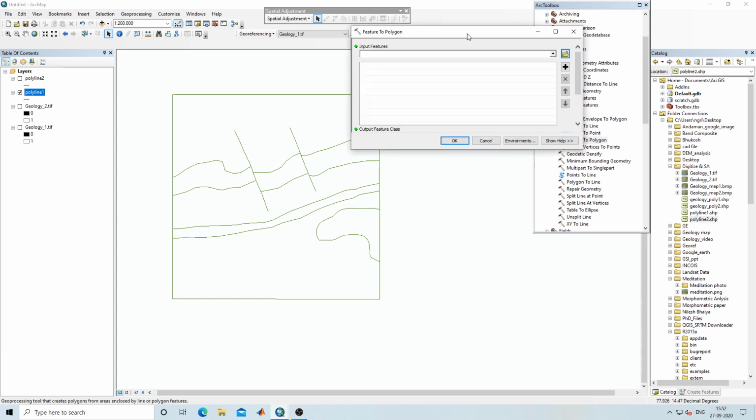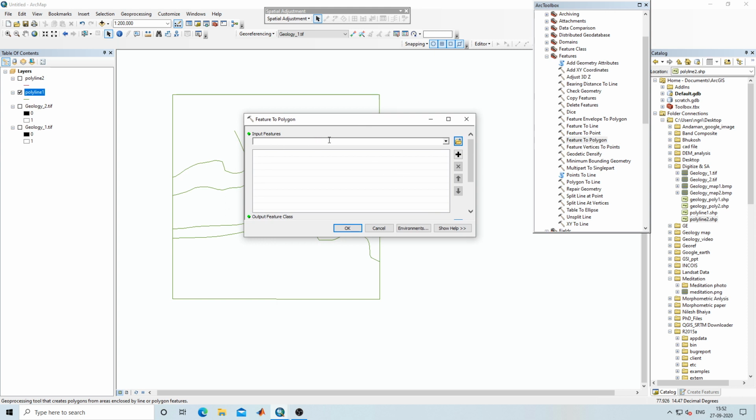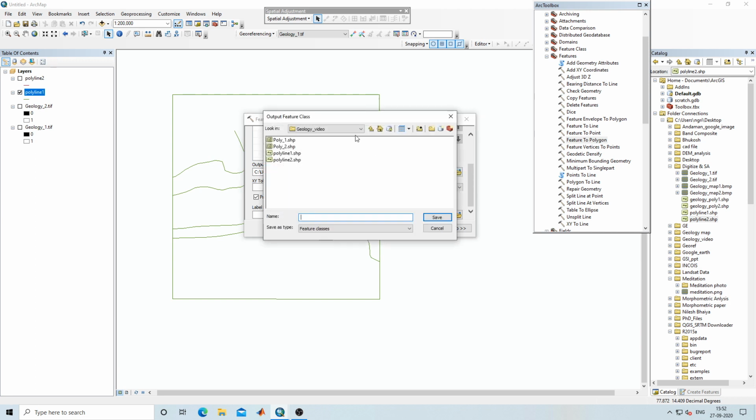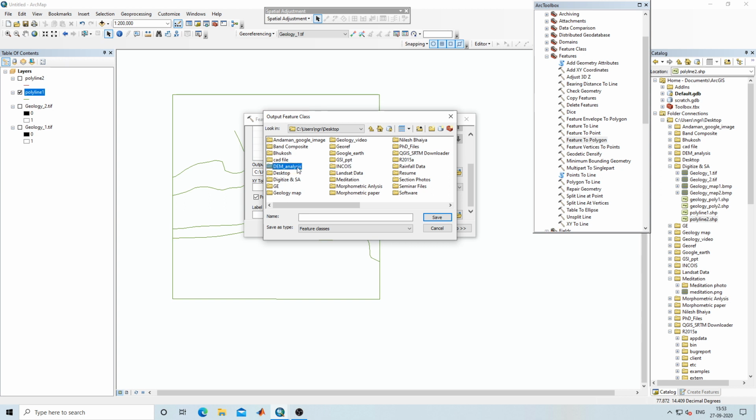When I double click here, now you can see input feature. So for input feature, first we'll select polyline one. So this polyline one I will select. After selecting this, output feature class. So I will save this in our folder. So on desktop, our folder is by the name of digitize and special adjustment.